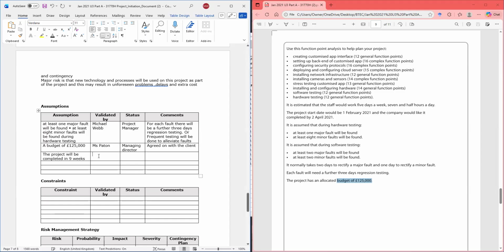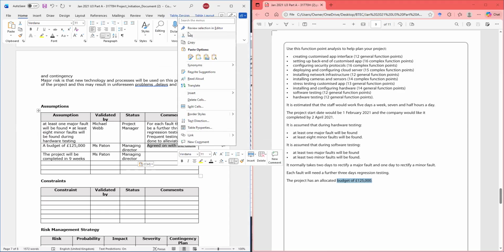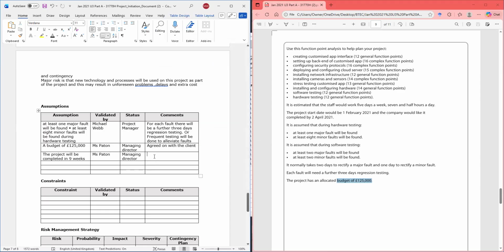And this also is Miss Payton because she came up with that number. And she's the managing director. All right. And it's agreed with the client, because it's already confirmed with the client, right?